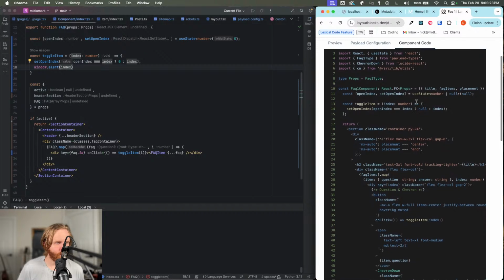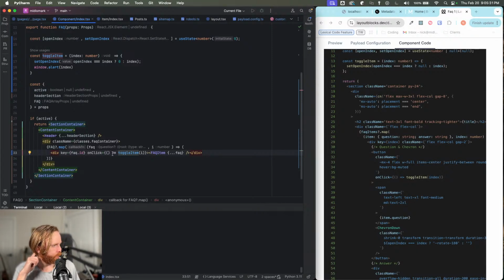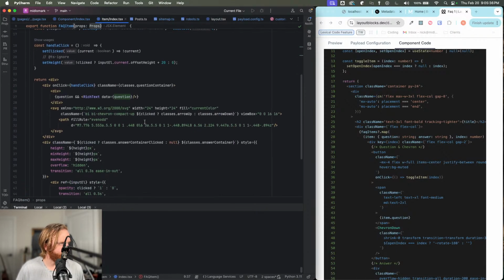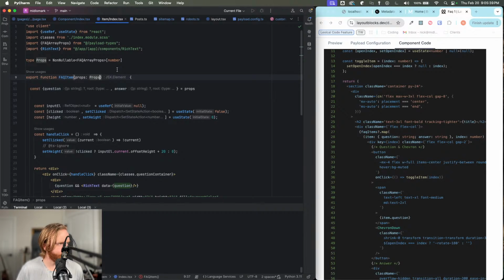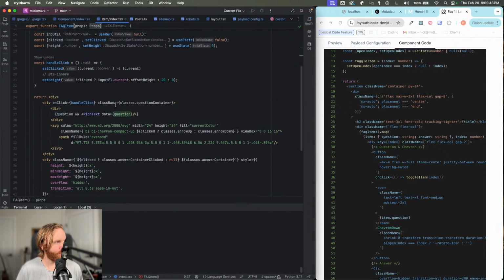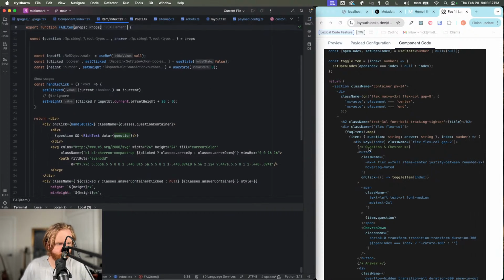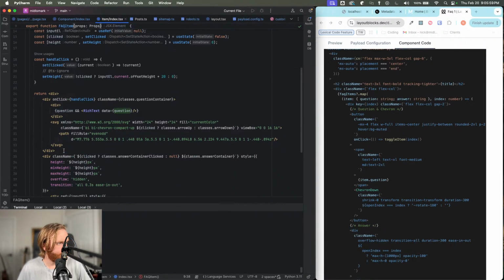All right, so we have onClick working right. And so maybe here's an example of where I need to bring things up because I don't want to use onClick. Well, I need to pass down the index. So that means then,